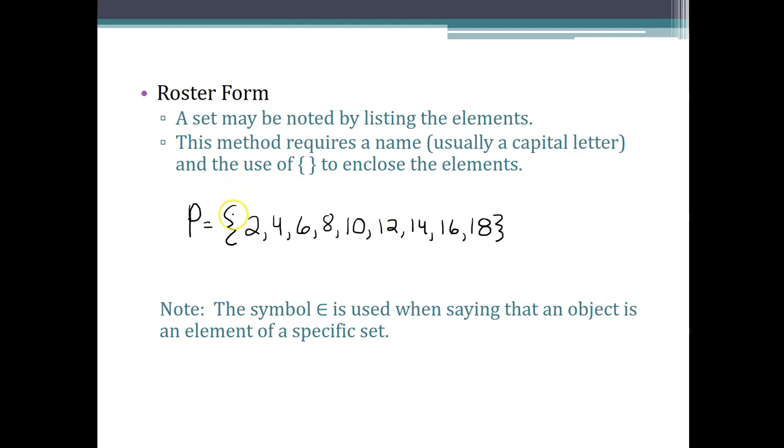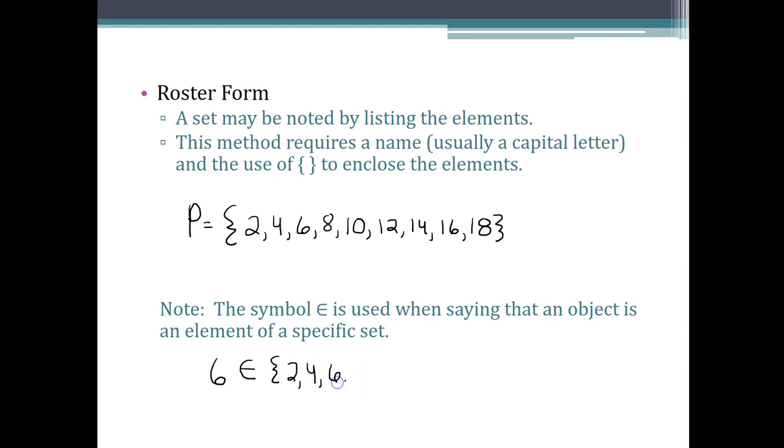Now if I want to talk about an element that's a part of that set, just a little note, this symbol here looks kind of like a weird E, but it means element of. That's literally what it translates to. If you use that symbol, you should see on the left some kind of element from the set that you'll find on the right. So in this case, I can say 6 is an element of, and then you list the set. You don't put set braces around the 6, because you're listing something that was inside those set braces. So 6 is an element of the set containing 2,